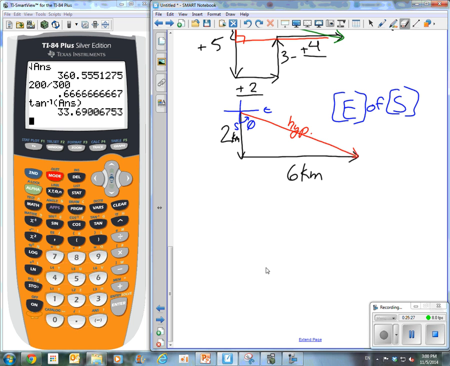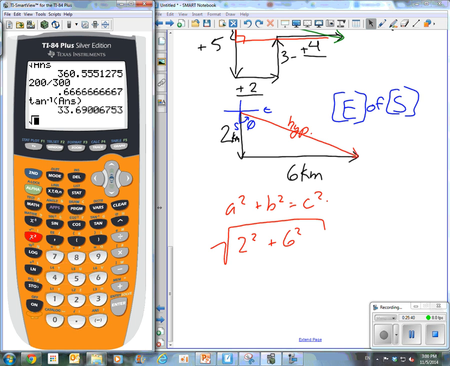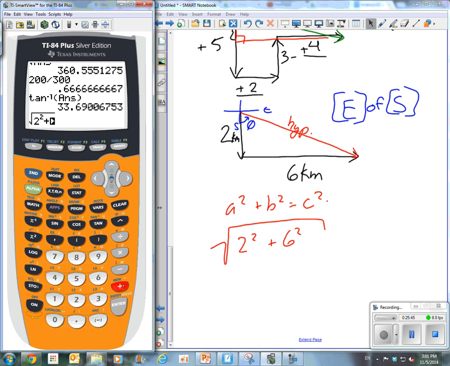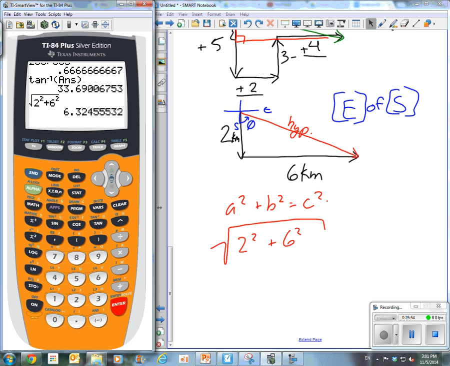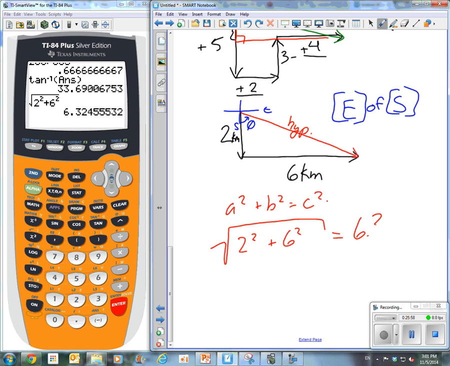Here we go. A squared plus b squared equals c squared. So we're going to take the square root of 2 squared plus 6 squared. If I wanted to do it as one step in my calculator, I would do the square root of 2 squared plus 6 squared. I know it's not that hard, but I just like being a bum and I don't like putting it all in my calculator. But here we go. So quite easy, a total of 6.3